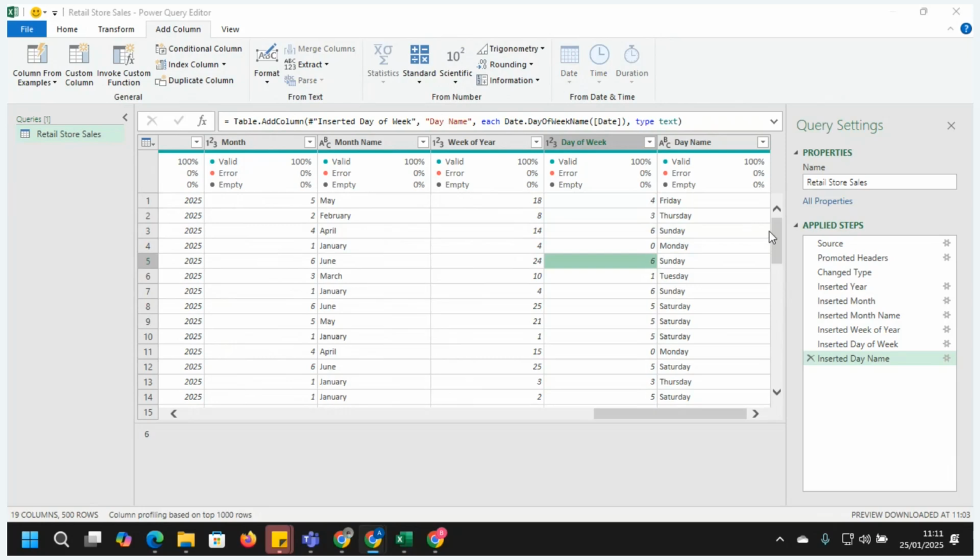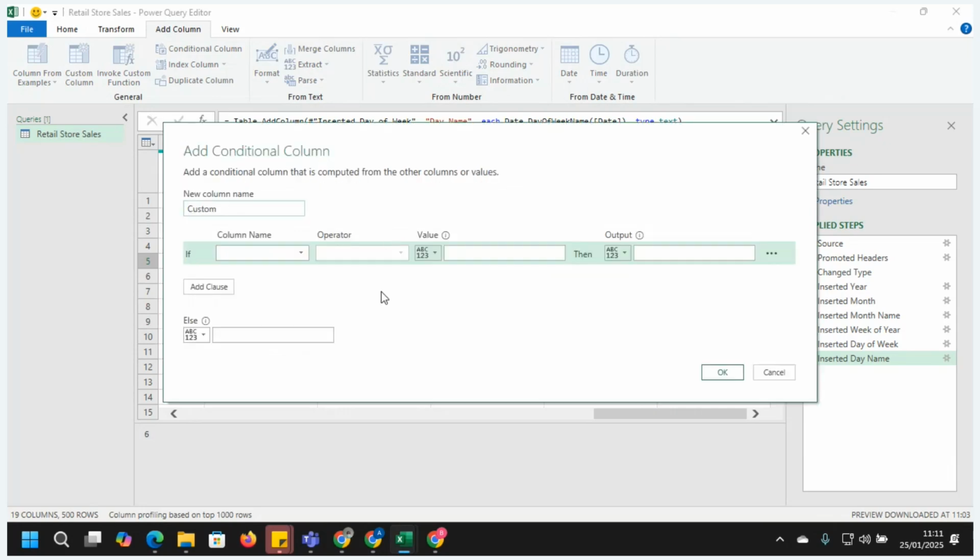Now, what we have here, you can see that 6 is Sunday, which means Saturday will be 5. Let's go to something I call conditional column. Most of you who are running away from writing if functions in Excel, this is far better and simpler than nested if. Click on conditional column. I want to generate a column now. That's the second thing I want to learn here.